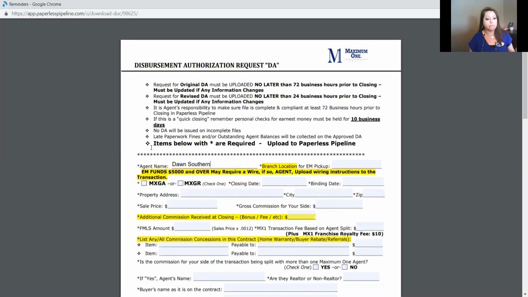Okay, so of course, you're going to start with your name and the branch location for earnest money pickup. This does not have to be your home branch. It can be the branch closest to the closing attorney where you're going to have your closing. So we're going to put Paulding and MXGA, MXGR, closing dates,